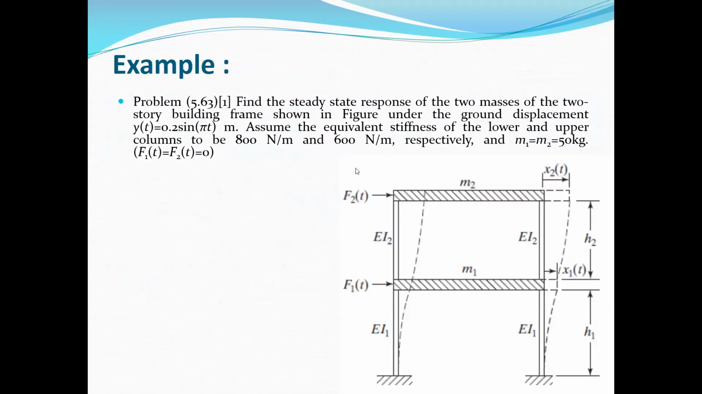For example, here we want to find the steady state response of the two masses of the two-story building frame shown in the figure under the ground displacement y(t), which is equal to 0.2 times sine pi t. So this is y(t), the displacement of the base. Assume the equivalent stiffness of the lower and upper columns to be 800 and 600 respectively, and the mass of each